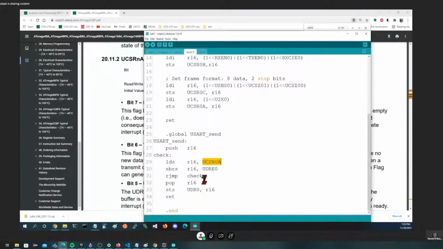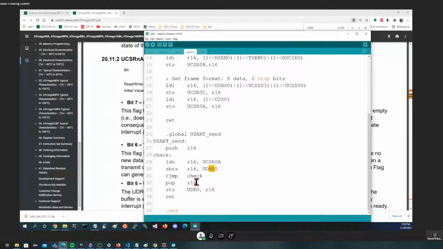We don't know, maybe it's still trying to send the last thing we put in it. So what we do is a skip if the bit is set. So if this bit is set, meaning that the register is empty, we'll skip over the jump back to check. If not, we just jump back to check until this bit comes on, in which case we jump over,